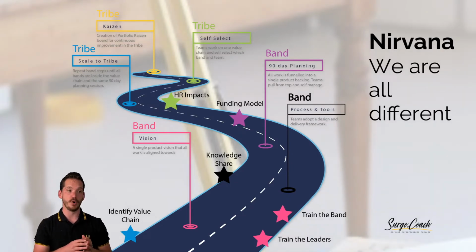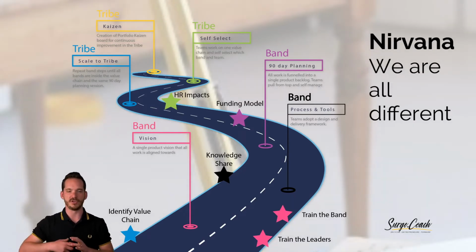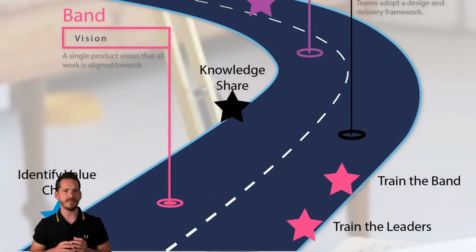And if you're amber at the moment, you'll start getting stuck in certain areas of this roadmap before an orange would. An orange culture will probably blitz through this a lot faster. An amber organization, you'll stop at one point and you have to remove blockers and you have to change culture slowly. So what is this area? Identify your value chain. We've done that. Train the leaders. This is all about the band here, right?